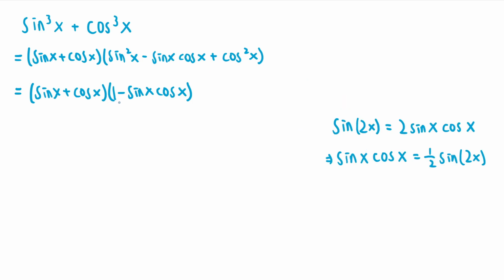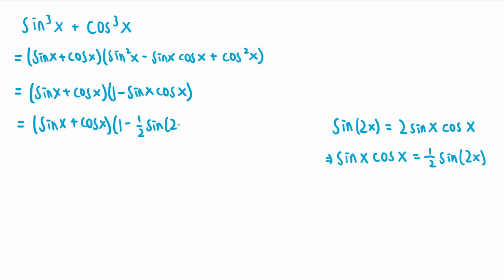So we can rewrite the sine x cosine x term using the double angle formula for sine. Recall that sine of 2x equals 2 sine x cosine x, so if we divide both sides of the identity by 2 and switch the order of the identity, we end up with sine x cosine x equals 1/2 sine of 2x. So this means we can rewrite the expression as sine x plus cosine x times 1 minus 1/2